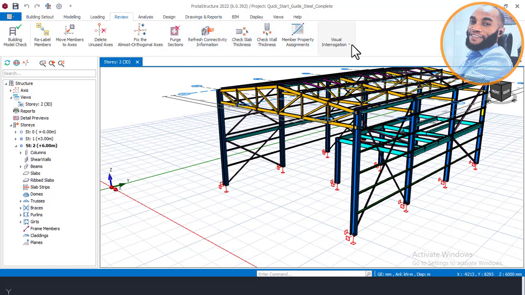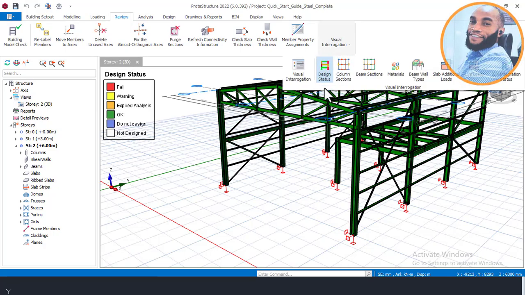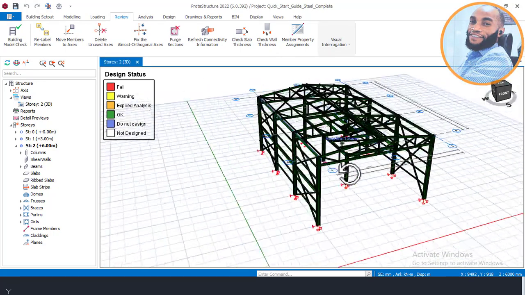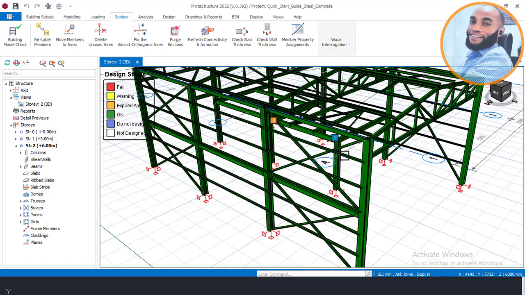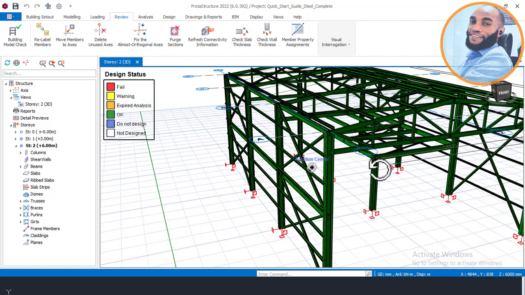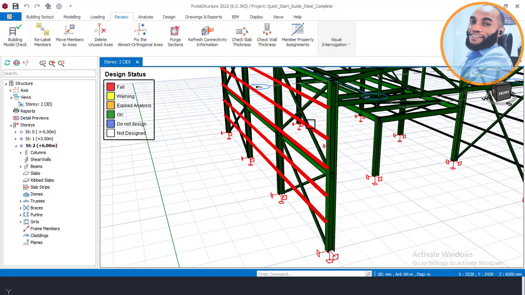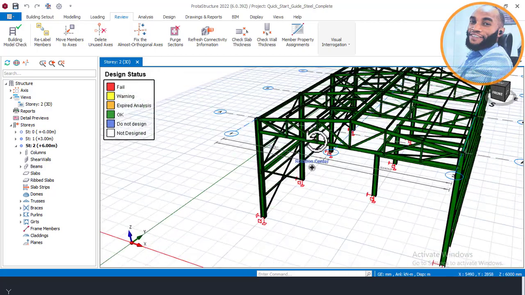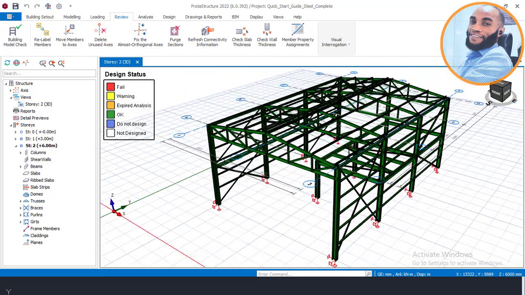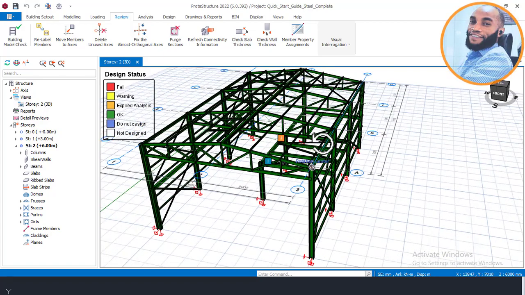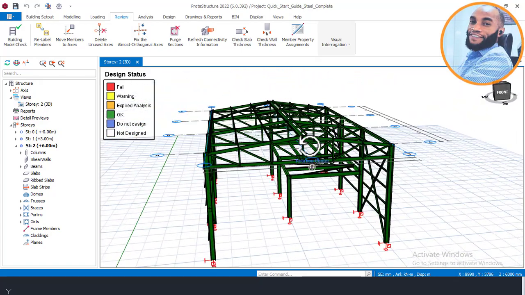If you look at our design status right now, you will see that I have run the design, and all the steel members are okay, both the stanchions, the trusses and the side bracings. Also the pole lines, they are all okay. So once you have checked that your steel members are okay, then it is time for you to